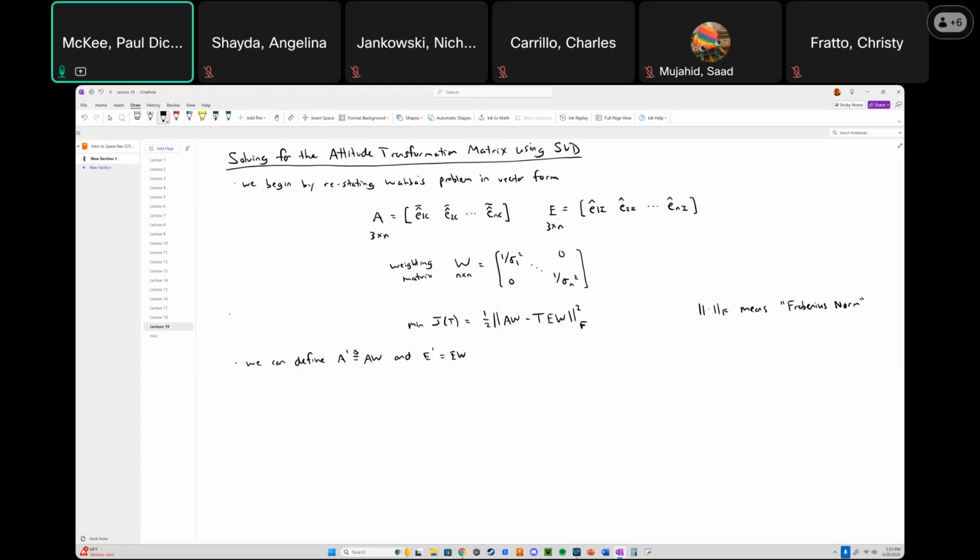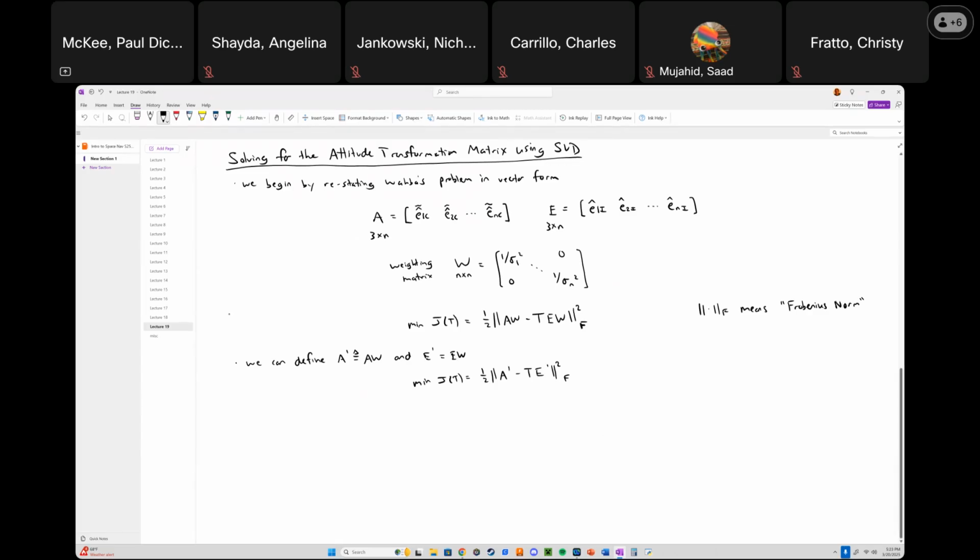Just to simplify things a little bit, we know that we're applying these weights to our line of sight directions. And so you're never going to see A by itself. It's always going to be AW. So let's just save some ink and write it this way. So now our problem looks like minimum J of T, 1/2 A prime minus T E prime squared, and that's the Frobenius